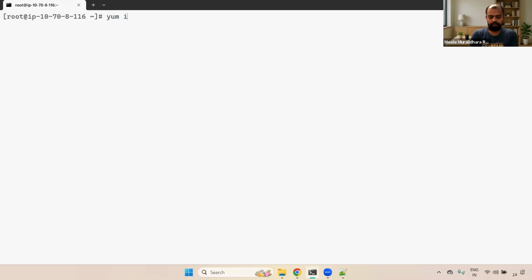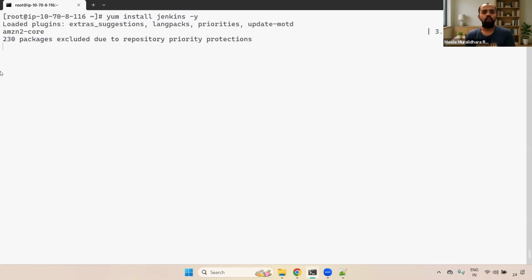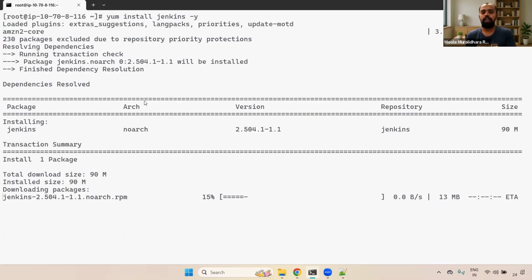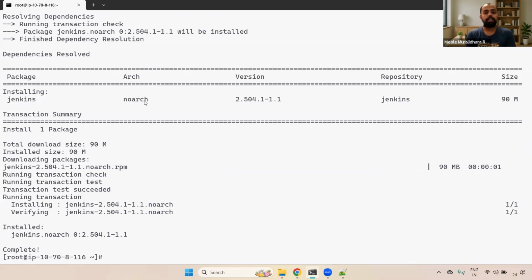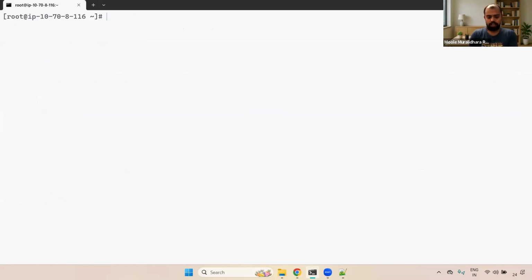Now install Jenkins. I'm installing the Jenkins -y. Now if you see here, it is going to be installed. Now what you have to do? Once the installation is done, you have to enable that and restart the Jenkins. Now we will see whether the data will still exist or not. Okay. Now if you go here,